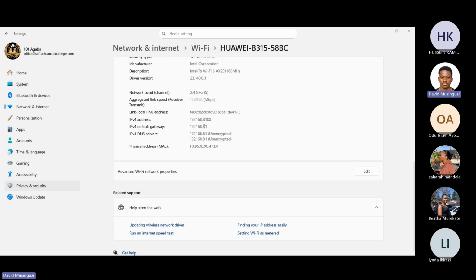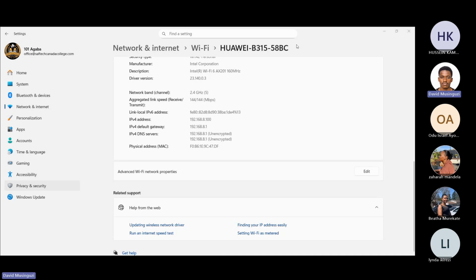This is the IP address that is allocated to our router. So that means it is static. However, it can be changed, but right now it's the IP address that has been given to us. So it's the static one right now. But ours here for the different devices is dynamic. So now that's the difference.